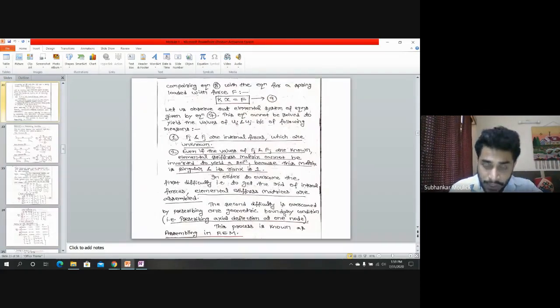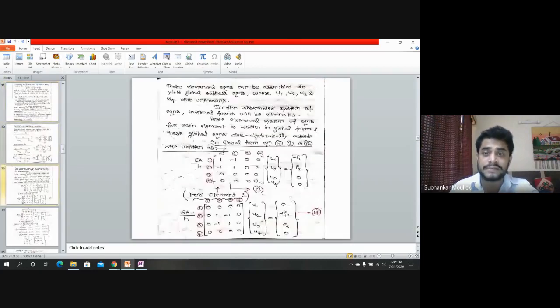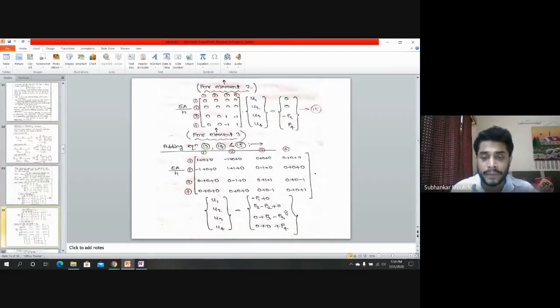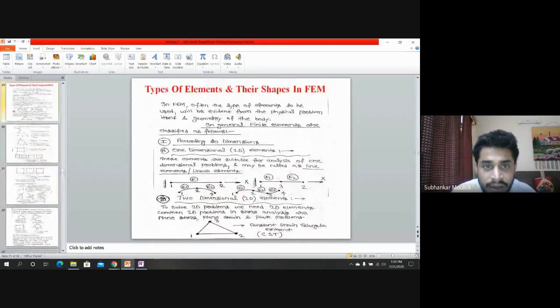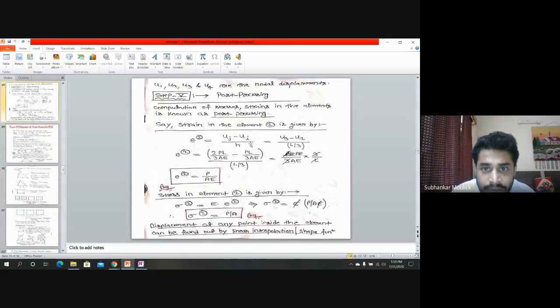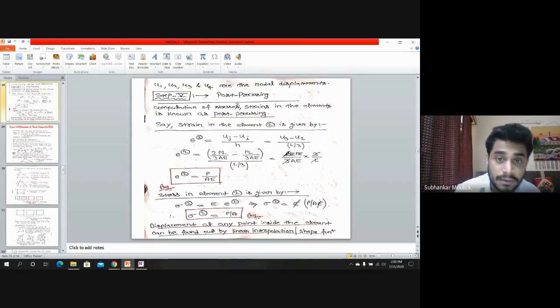In order to find out stresses and strains in any particular element for any given geometry, that process is known as the post processing step. In post processing, what we do is find out the material properties, that means how much sigma, how much strain, how much the modulus of rigidity, how much the bulk modulus. That is also very simple.